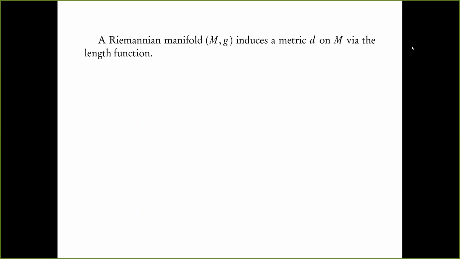Okay. So recall that if I have a Riemannian manifold, M comma g, g is the Riemannian metric, then it induces an actual metric d on M. So an actual metric d is simply a function from M cross M to R, such that it's non-negative, it satisfies reflexivity, that d of x, y is 0 if and only if x is equal to y, satisfies symmetry, and it satisfies triangle inequality. So this metric d is induced by the length function, because you know how to compute lengths of piecewise smooth curves, and then you take the infimum of paths joining p to q, you declare that to be distance between p to q.